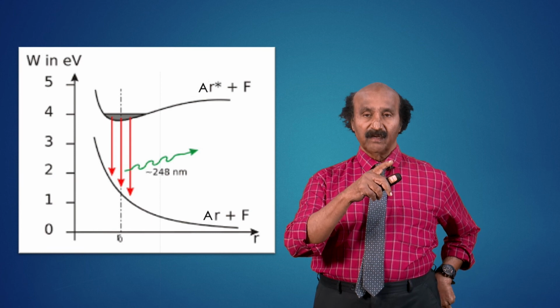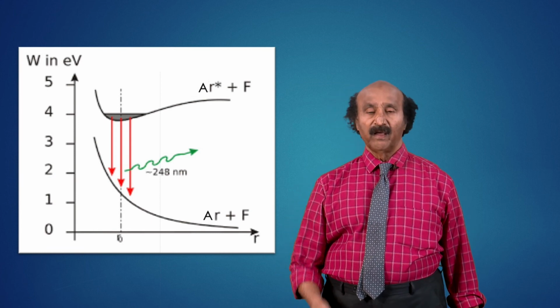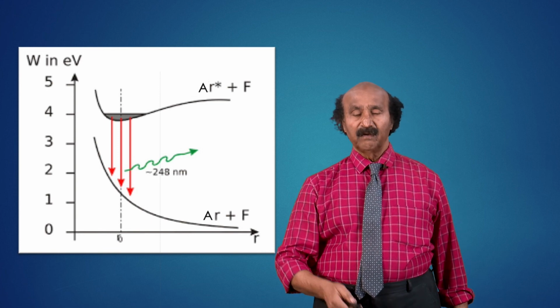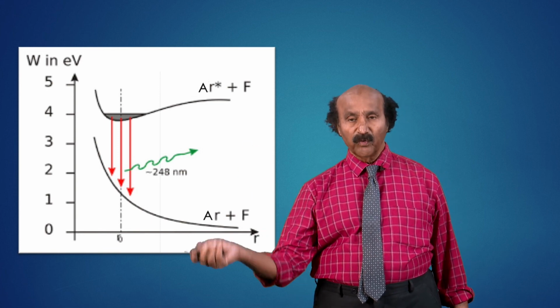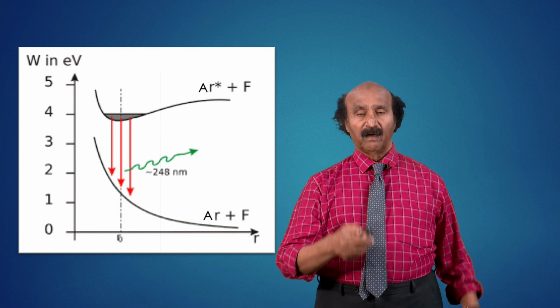Instead of argon, you can think about krypton, both behave similarly. This krypton ion plus fluorine, instead of chlorine, I have chosen fluorine here. I said about argon, chlorine, instead of argon, I can say krypton, instead of chlorine, I can say fluorine. You know, fluorine is more reactive. So, both of them get excited under the excitation condition,